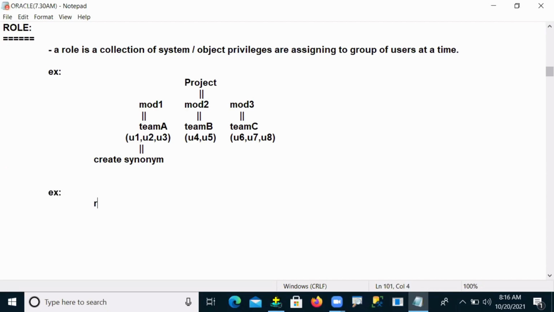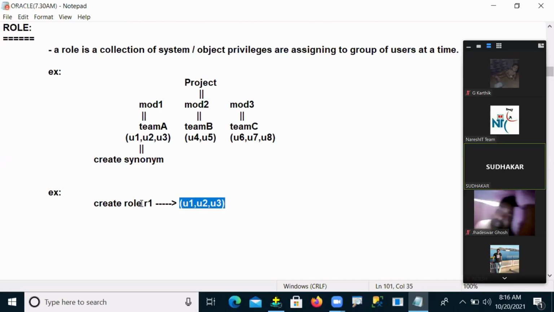So, for example, suppose he created role R1. In this role he takes users: user 1, user 2, user 3. So for the group of 3 people, he created one role. The role name is R1.